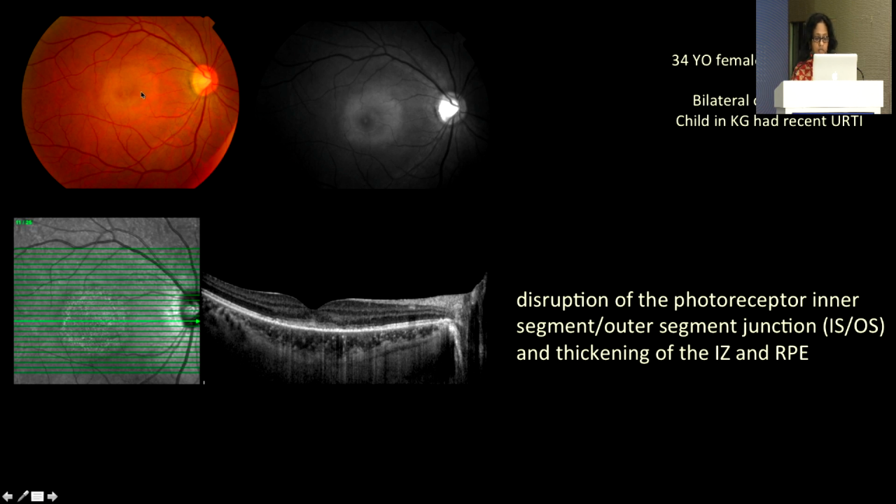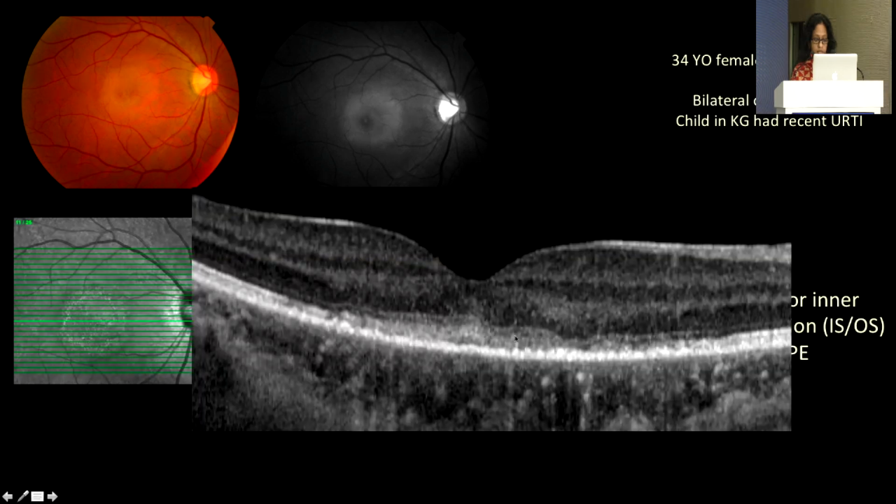This is a patient, a young 34-year-old. She had a child who was in KG and developed hand, foot, mouth disease. She was asymptomatic, but the mother came with this large hypopigmented lesion with poor vision of 6/36 in the right eye and counting fingers in the left eye. Now look at the RPE. Basically, it shows you that there is this boggy, swollen RPE complex with IZ that is involved,